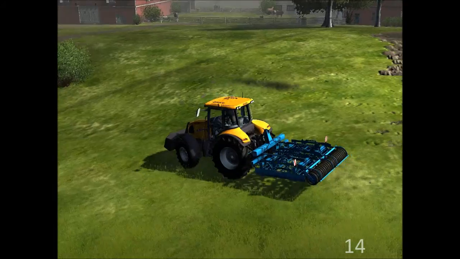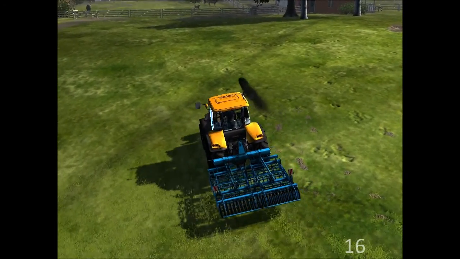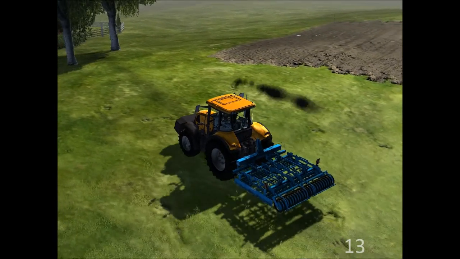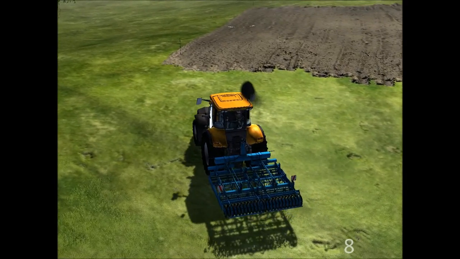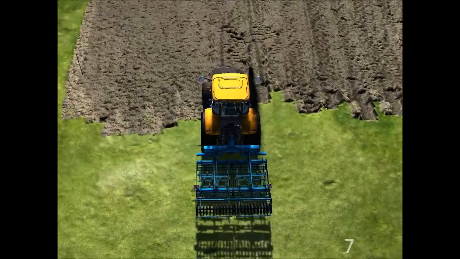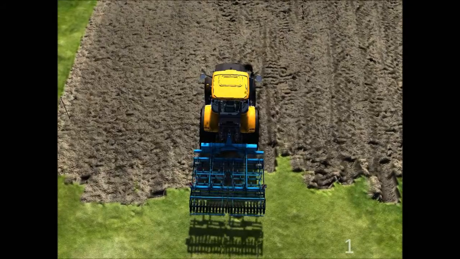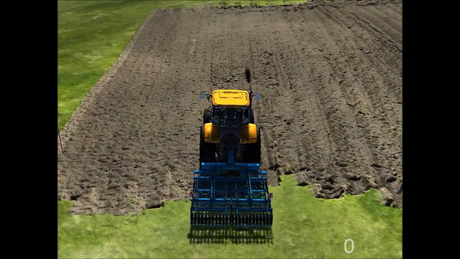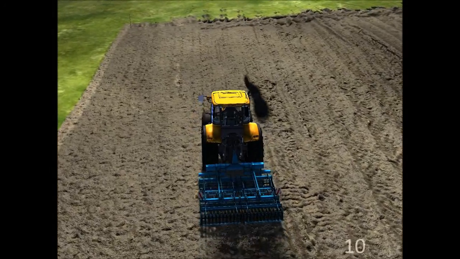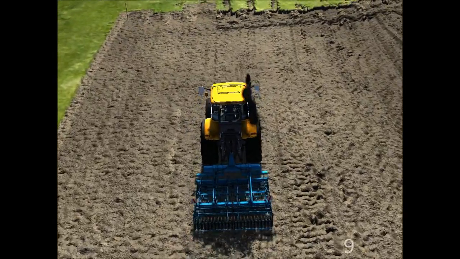I started a bit of the cultivating process here, and I must say that the tractor is actually sticking to the ground a lot better now after the patch than it did before. I'm able to drive at a higher speed and still basically get the job done, which I will show you here. That's the normal speed, and that's a little bit higher speed. So I will cultivate this field, and then I think